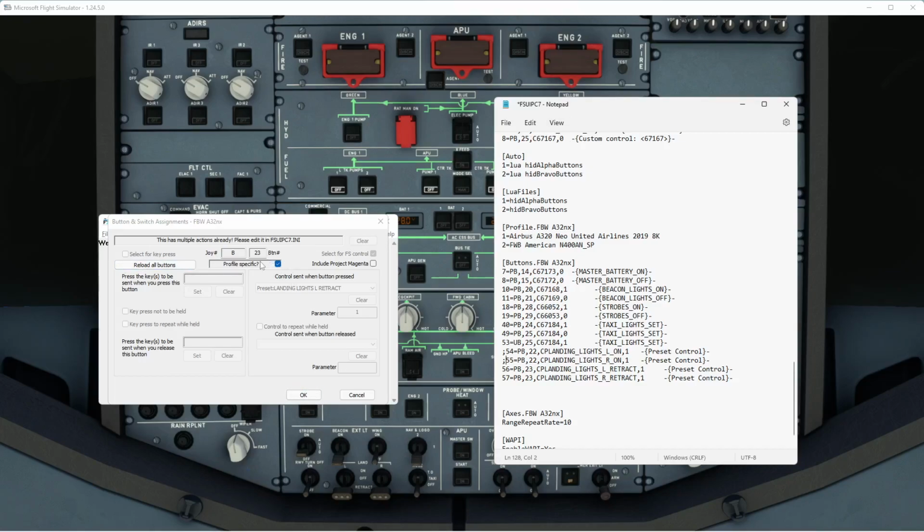Then we're going to do button 23, which is the switch is down or off, okay? And select it for FS Control, and then scroll down through the list until you find Preset Landing Lights Left Retract, and the parameter is 1, and click OK. And again,